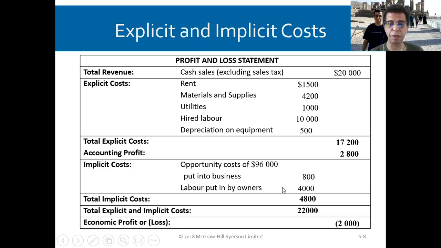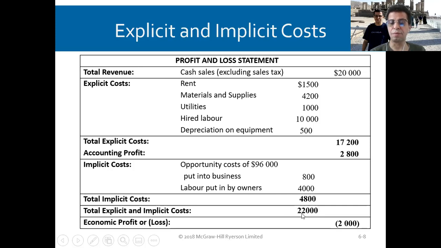And we said earlier that if you're an owner of the company and you work there and you don't take a salary, that's part of the implicit cost. So the total implicit cost is $4,800 plus the explicit cost, which is 1,720. So when you make a revenue of 20,000, actually you made a loss of 2,000, because implicit cost plus explicit